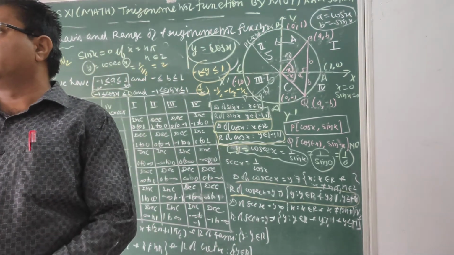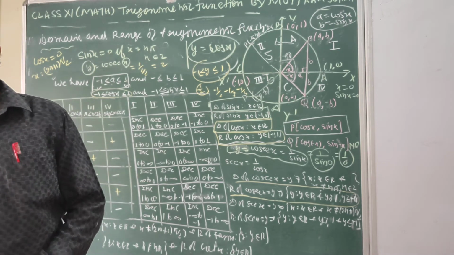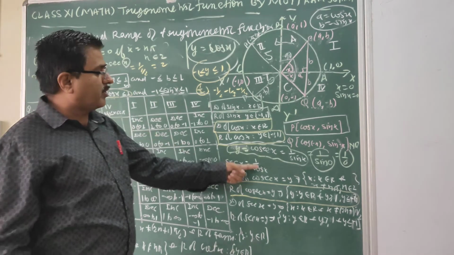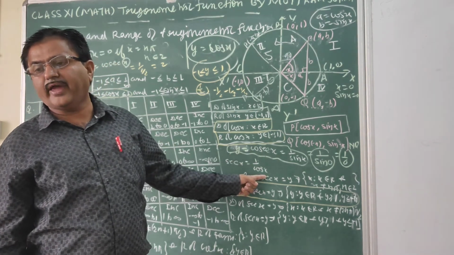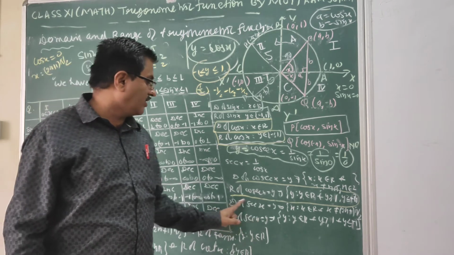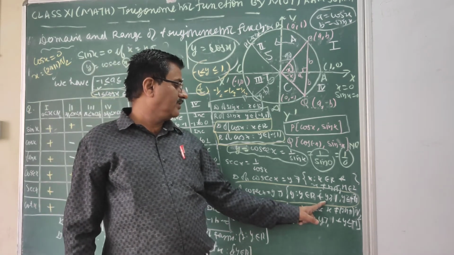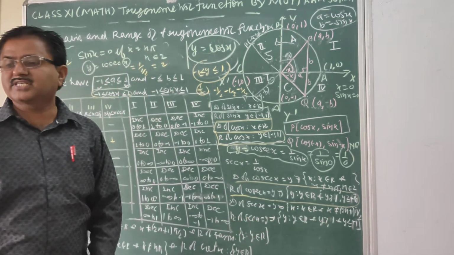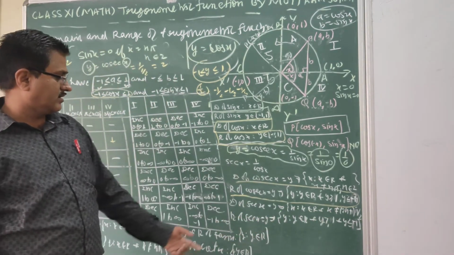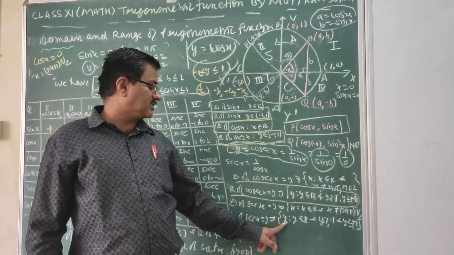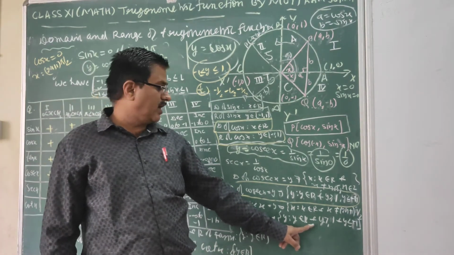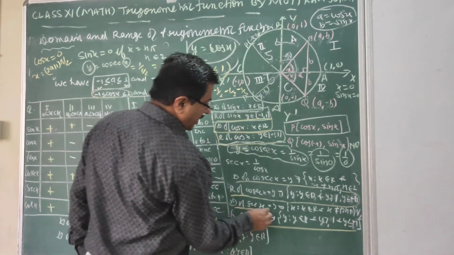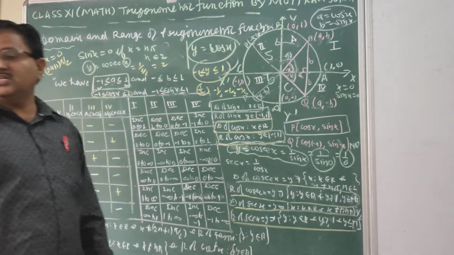As you know, cos pi/2, cos 3pi/2, and so on, all these values of cos are 0, and 1 upon cos 0, 1 upon 0, does not exist. So the domain will be all real except these values. Clear? Now the range will be the same as in the case of cosec. So the range of sec x is y such that y belongs to all real, but y does not take the values which lie between 1 and -1. So this is the sec x.